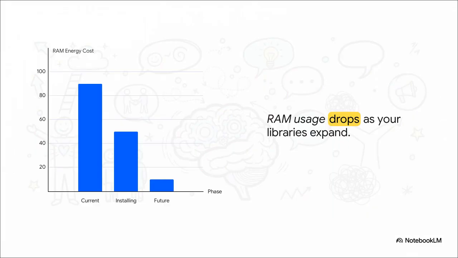But here's the magic. As your primer runs silently in the background, making those little UDP pushes, your internal libraries automatically start caching new words. Over time, the RAM required to speak just plummets. Because the energy cost drops so much, forming complex sentences is soon going to cost your system almost zero RAM. You'll literally find yourself effortlessly using fuller, richer sentences simply because your system isn't overheating anymore.